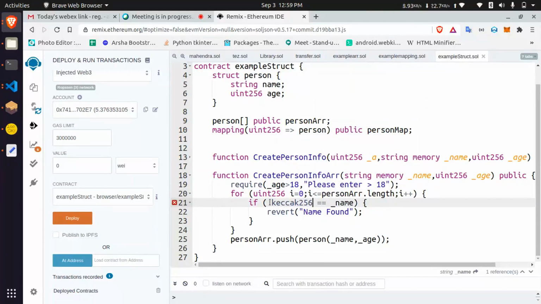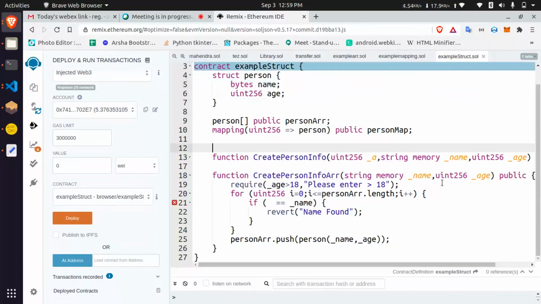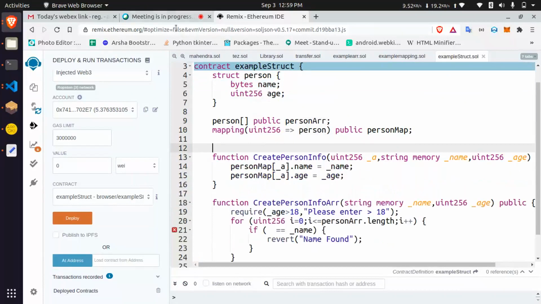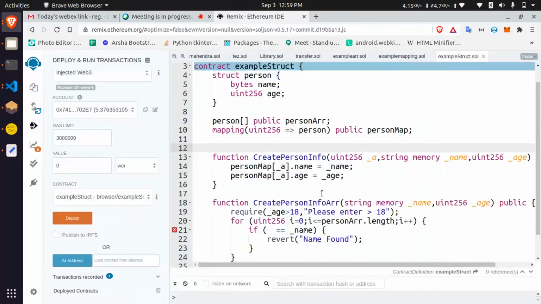Or else we can convert your names into bytes. It should be bytes. Okay, let's see that. Solidity does not allow string operations. For example purpose only I am showing string.